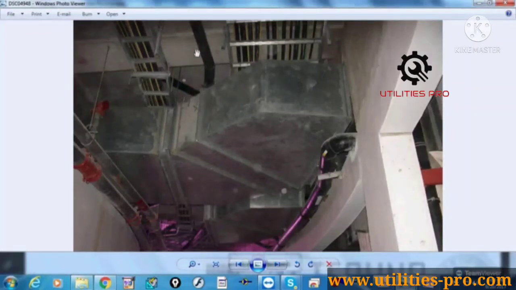Second reason is, if you run this cable tray below the duct, inside the duct we are supplying cool, moist air. No doubt with insulation, but after some time, because of maintenance work on other services, the insulation may get damaged, and where the insulation is damaged, in that area there are chances of condensation, droplets of water, normally in winter season. That water may drop on the cables, and if there are any joints, that may cause a short circuit. So for that reason, generally cable trays are above the duct.